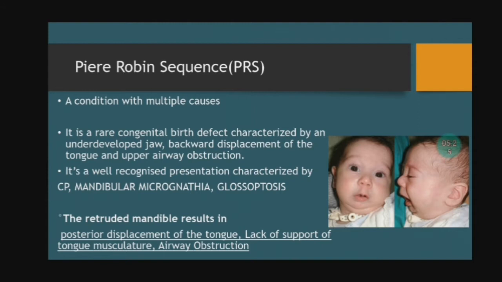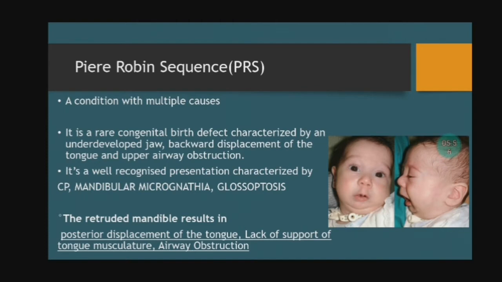It is a rare congenital birth defect characterized by an underdeveloped jaw, backward displacement of the tongue, and upper airway obstruction. It's a well-recognized presentation characterized by cleft palate, mandibular micrognathia, glossoptosis. The retruded mandible results in posterior displacement of the tongue, lack of support of tongue musculature,